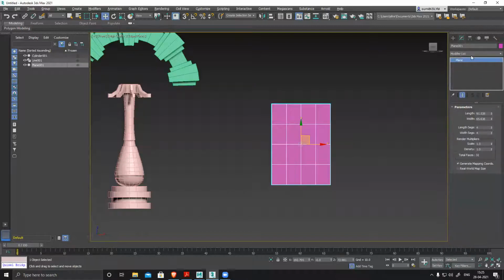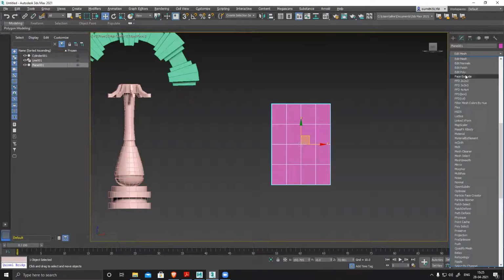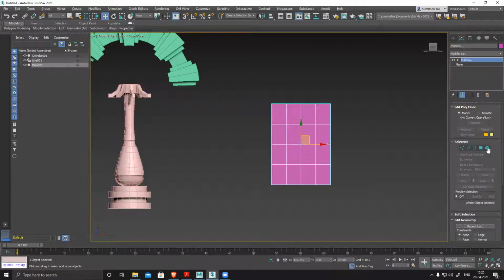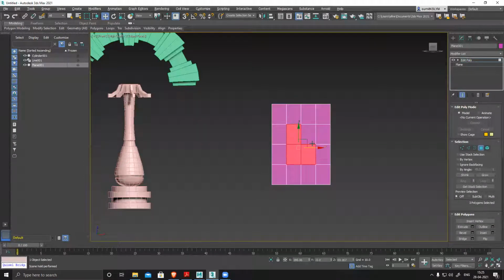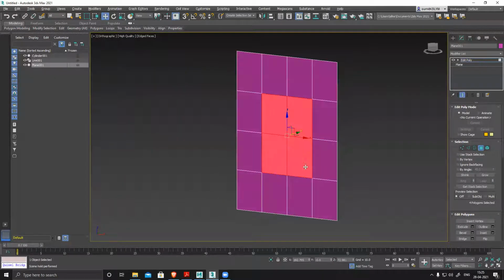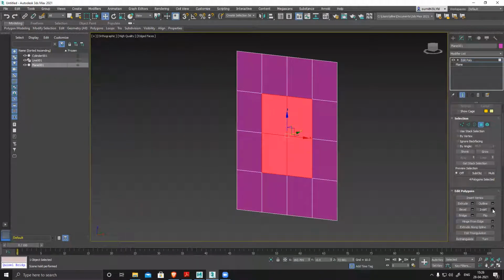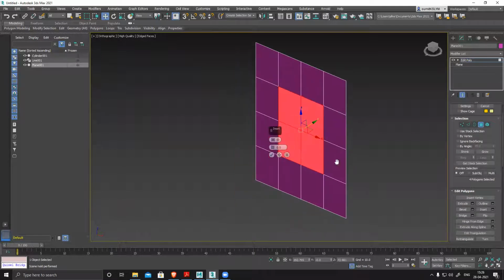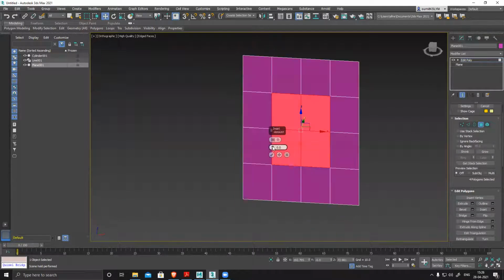Sorry, my bad. Edit poly, and I select these 4 polygons. If I click on inset, you can see nothing happens as long as I don't define anything. Right now it's in group mode, inset group. So it's reading all 4 polygons as a group and generating this border according to all the 4 polygons.